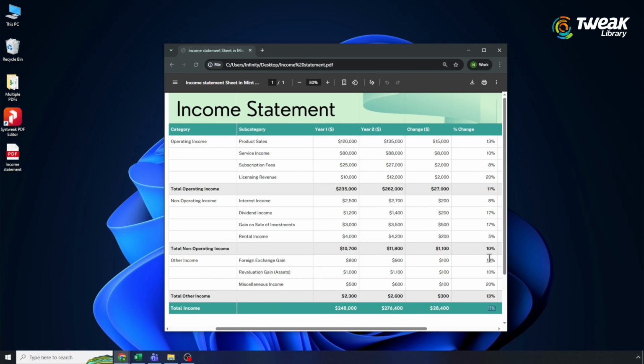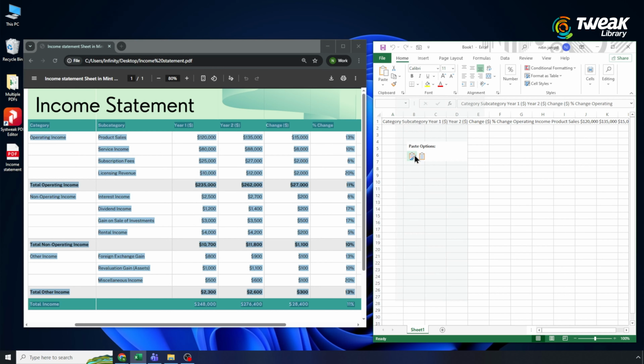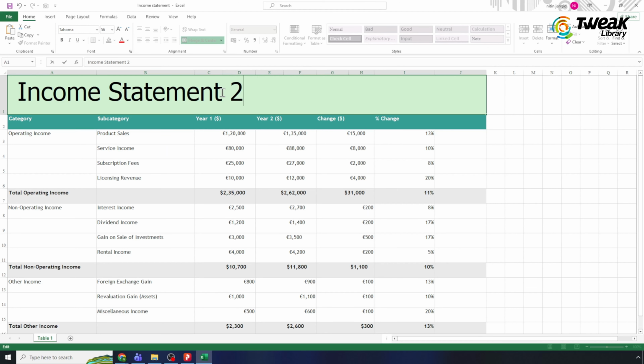Here I have a PDF of income statement and I need to edit it in Excel. But when I copy the data from the PDF and paste it into Excel, the formatting gets messed up. In this video, I'll show you how to convert a PDF into an editable Excel file while keeping the original